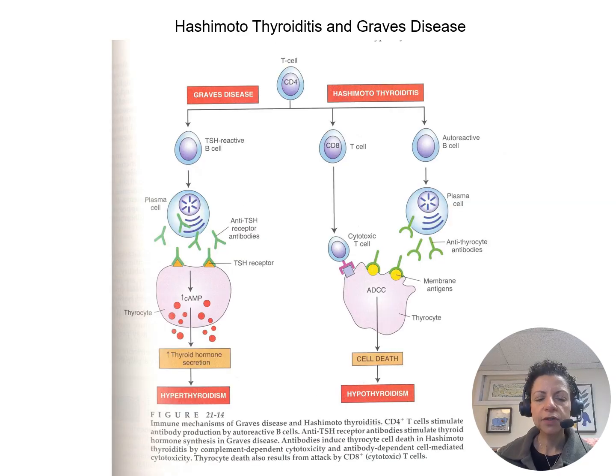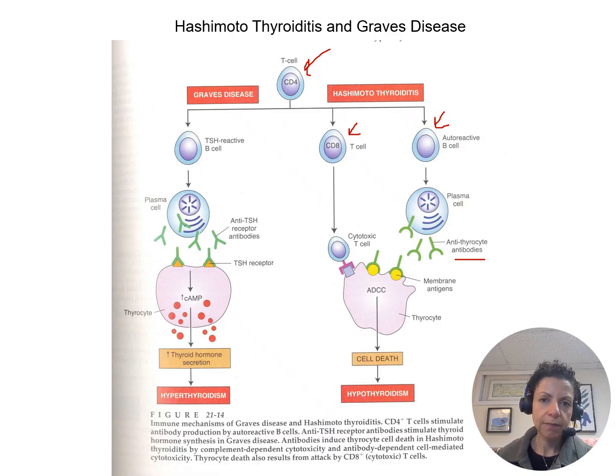So Hashimoto's thyroiditis is an extremely common cause of hypothyroidism. This is an autoimmune disorder, and oftentimes with Hashimoto's disease, we have autoreactive CD4 T cells that stimulate the production of autoreactive CD8 T cells, those cytotoxic T cells, and also autoreactive B lymphocytes. The autoreactive B lymphocytes are differentiating into plasma cells that produce antibodies that are